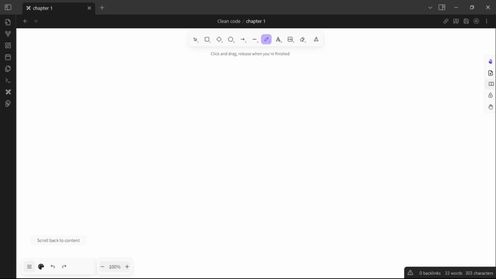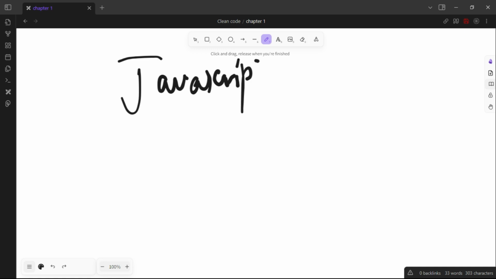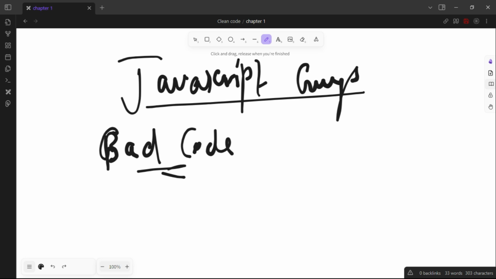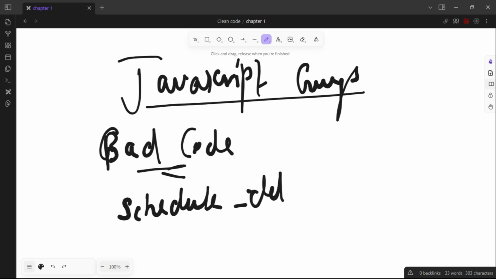I have taken a JavaScript snippet so that the JavaScript folks will understand what I'm talking about, right? So try to take up the bad code. I will take a snippet of the bad code so that you understand, folks. I am writing pseudocode, so just transfer it into a JavaScript snippet, folks. In the bad code, what they will do is schedule delivery, schedule delivery, and every